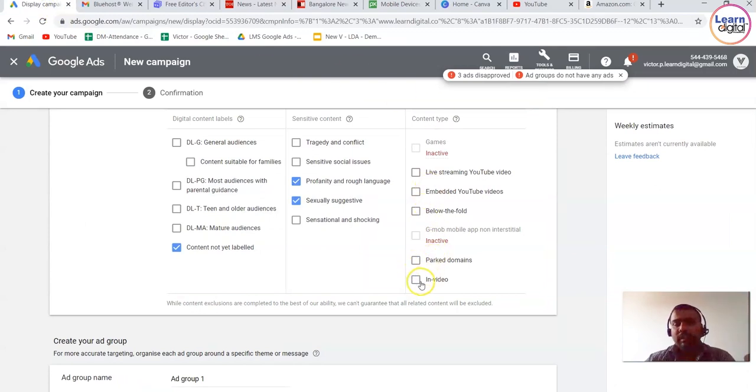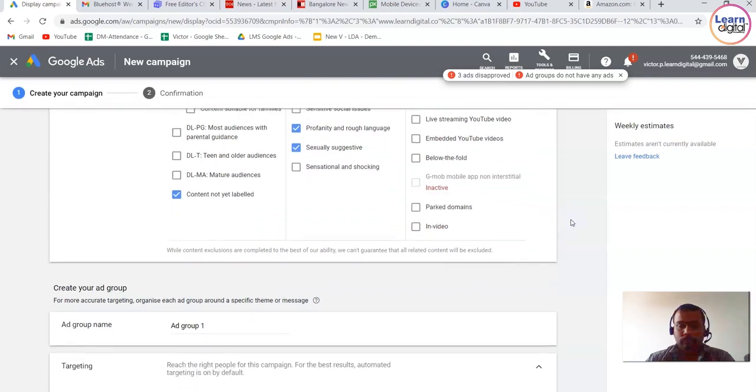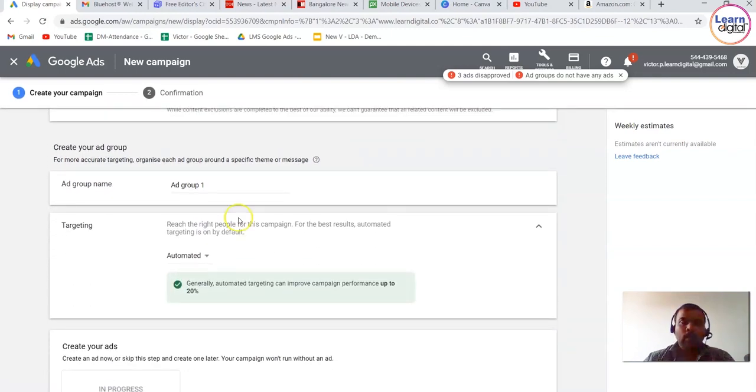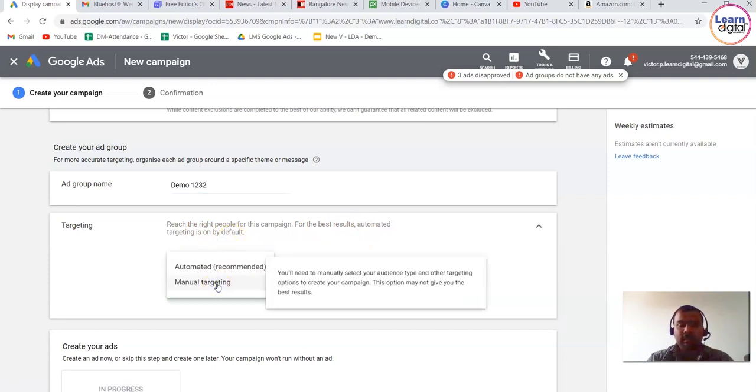Next one is parked domain, and you have in-video. Now what do we have to give? We have to create an ad group. So let's give an ad group. Then targeting: reach the right people for this campaign. For the best result, automated targeting is on by default. If you want, you can set a manual targeting. If you click on manual targeting,